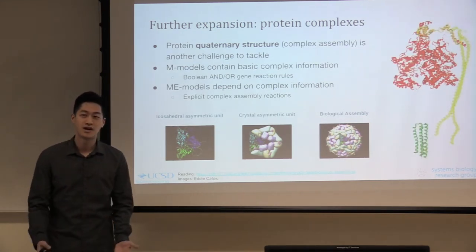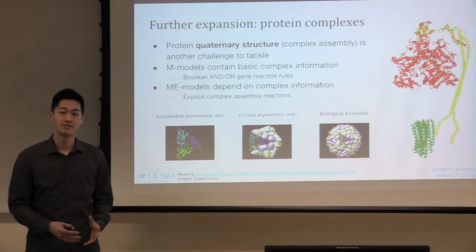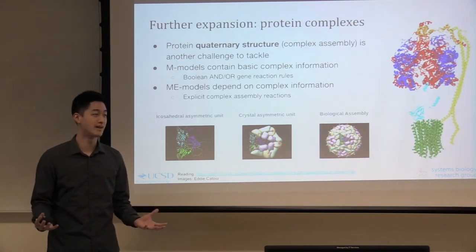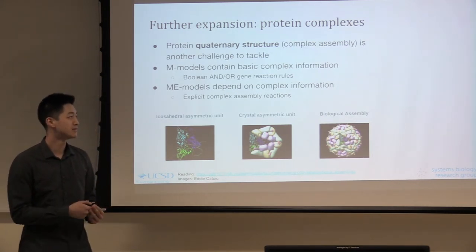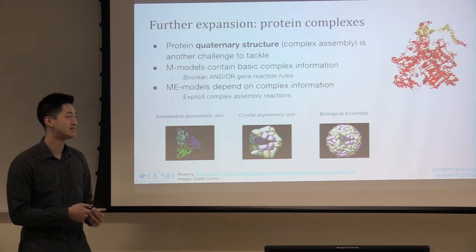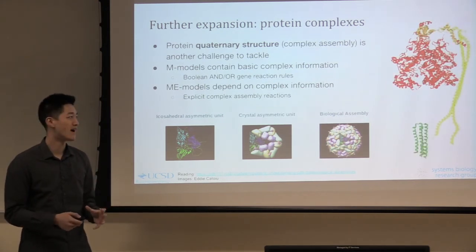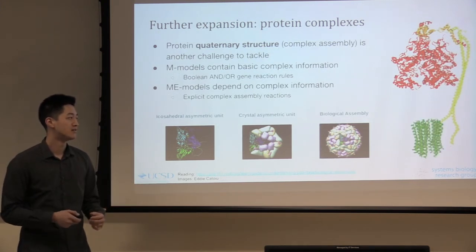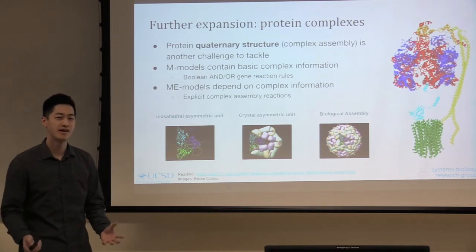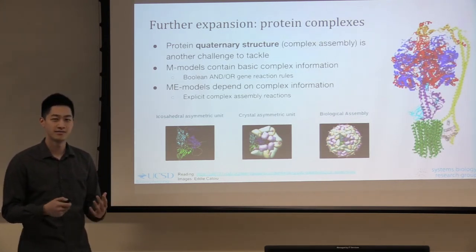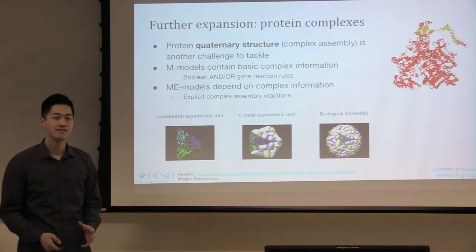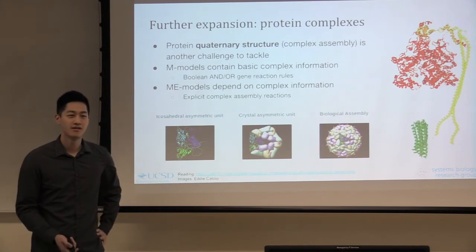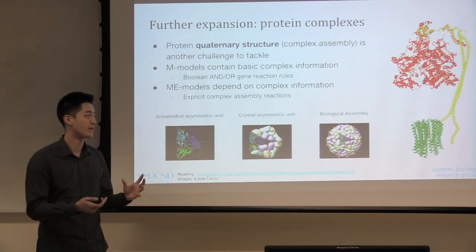And one of them is protein complexes. So this is the quaternary structure that we were talking about in the last lecture, which is the active form of a lot of enzymes in a metabolic network. So here is just the construction of ATP synthase coming together to form its active complex, and each of the repeated frames here are single protein tertiary structures coming together, and if they're a different color, they're actually a different protein coming together to form the active ATP synthase. So you can see that there's a ton of different components that need to come together for it to finally form its active